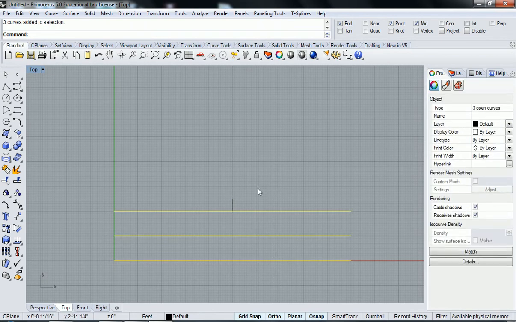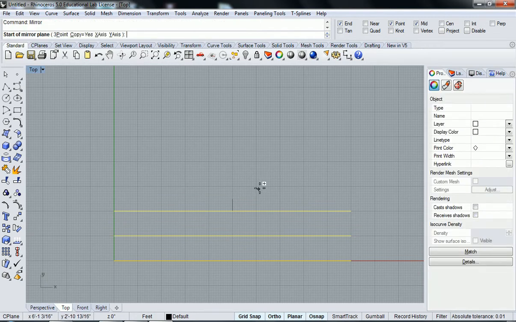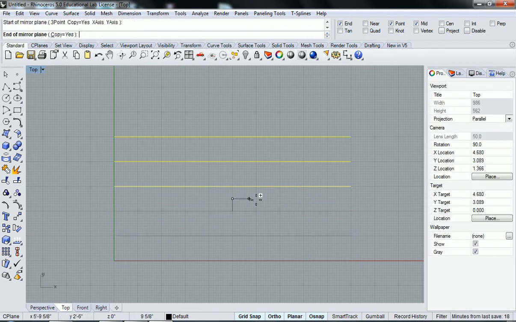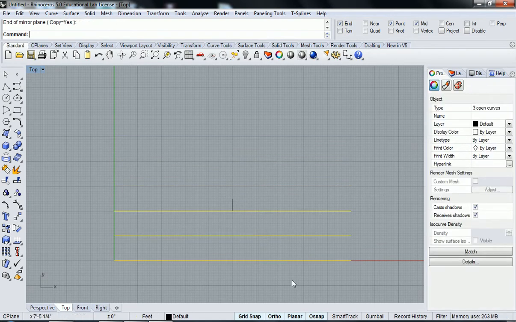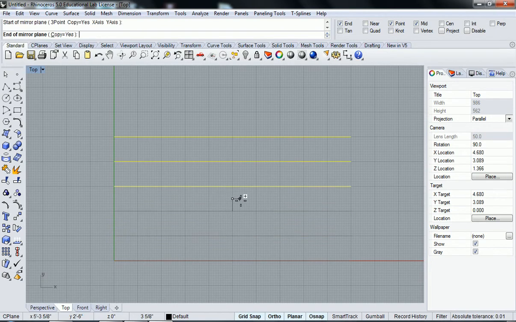So now when I select all the curves that we've created and rebuilt, I can mirror them using that as a reference. So I'll do that again. I select all these, and I'm going to type the command mirror, and then I'm going to select the endpoint, which is essentially the center, and now it's going to mirror it for me. And I'm just going to go to this side right here, and I'm going to click,